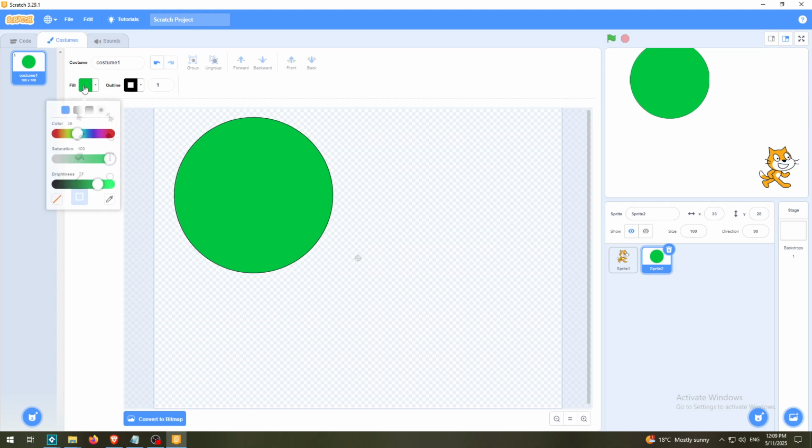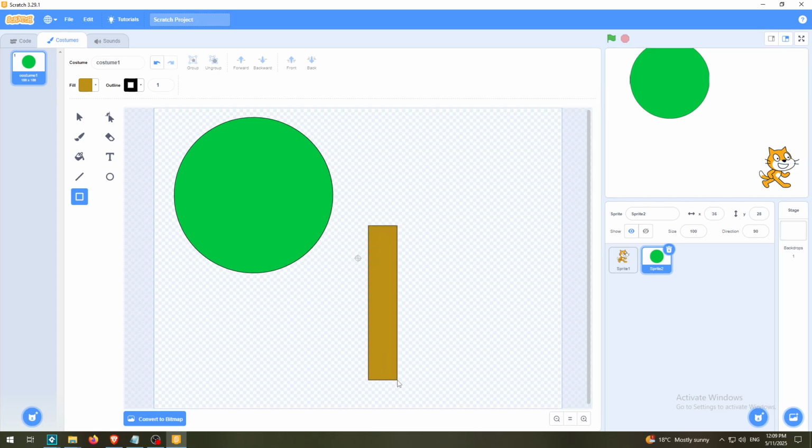I just want that to be brown, so I will try to find some kind of brownish color here, first on my color bar, then on my saturation and brightness, and I checked all of that in my fill to see how it looks, and then click and drag anywhere on the screen,